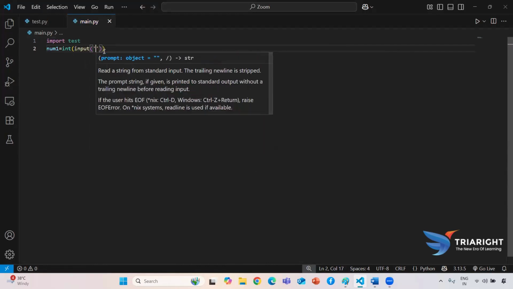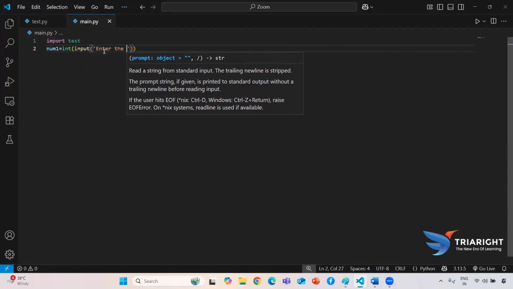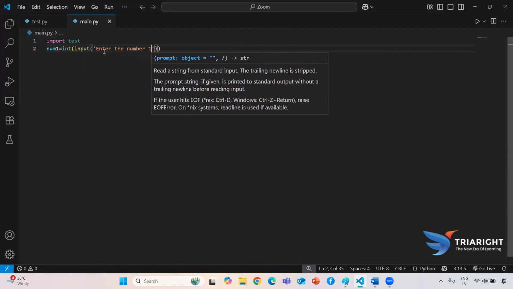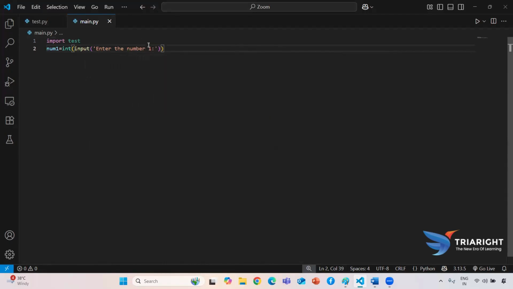Input, enter the number 1. Now I want to copy this and take num2 here. So I'm taking num2, I just copy here, and I'll change some things. Now if I try to perform some operations, meaning addition, subtraction, multiplication and division,